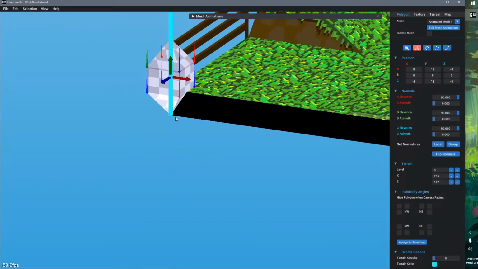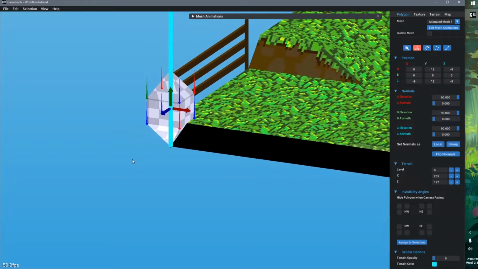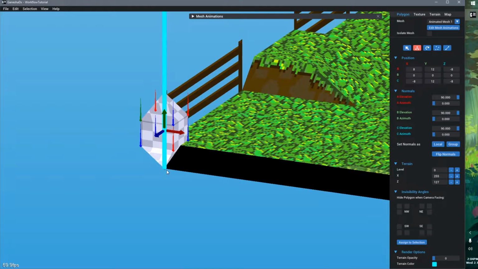Okay, and the reason that we want this to be at 0, 0, 0 is because this is our reference point. All of our animations, which include our position, our rotation, and our scale, will be focused around that point. So if we were to scale up our animated mesh through animation, it would scale away from this point, so it would grow bigger, and this point would stay in the same spot. If we were to rotate it, it would rotate around this spot. So the entire crystal might rotate like this